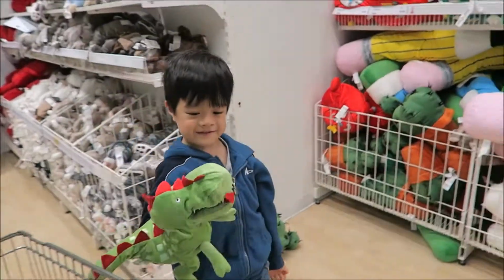Here's Jace's dinosaur. Jasosaurus. Oh, jeez. He doesn't talk, he just eats and bites. Oh, my goodness. So once we